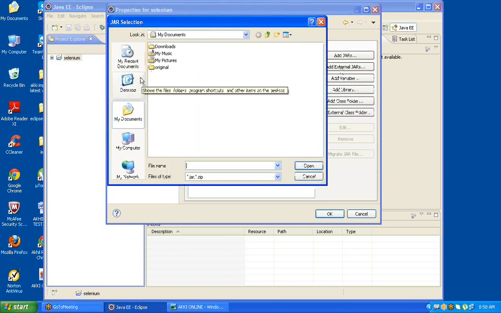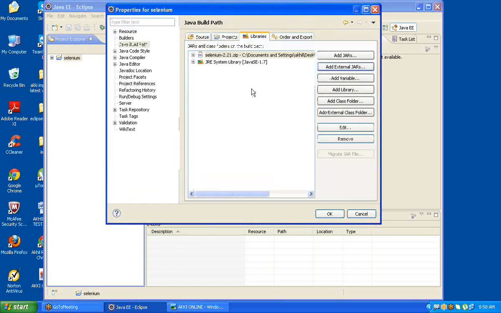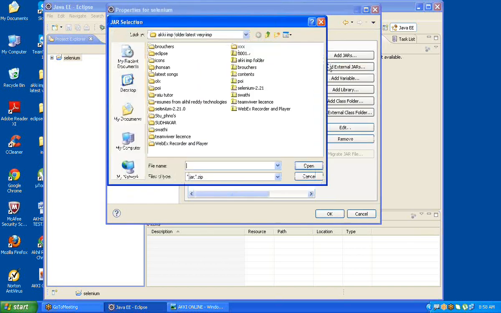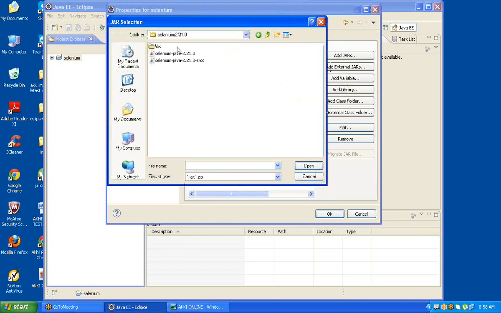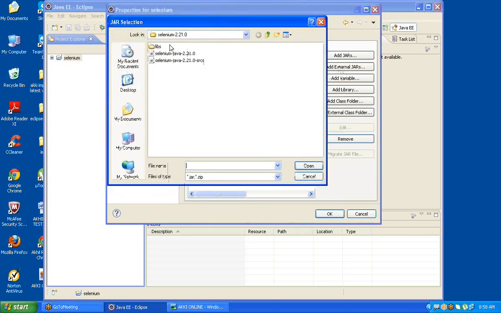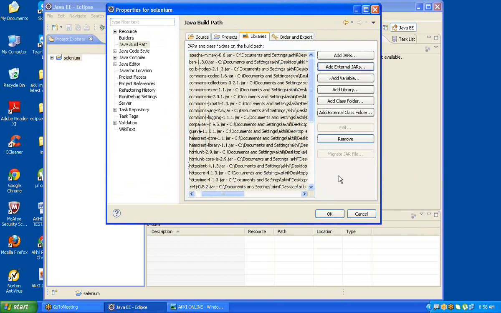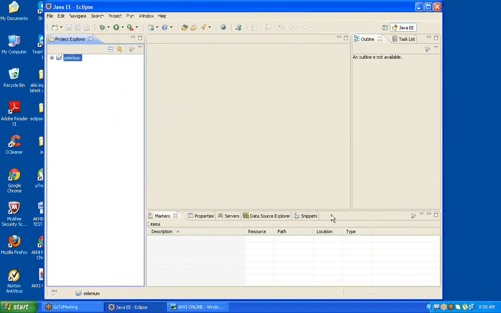I already have the Selenium WebDriver programs. First add two files, click on open, and once again click on add external jars. Add the remaining files to Eclipse. This is the Selenium WebDriver configuration.